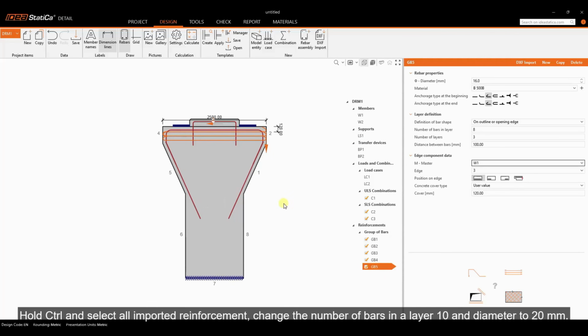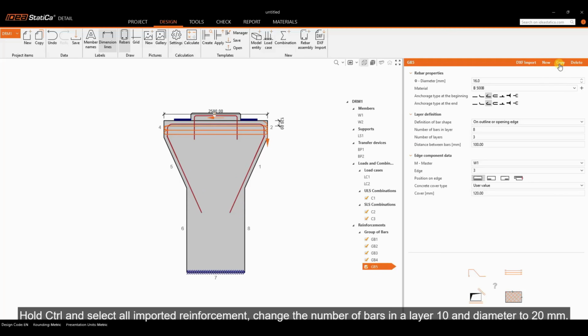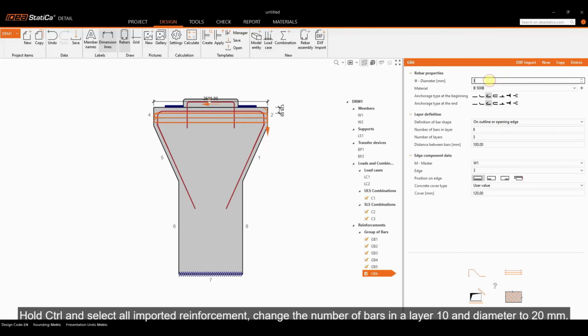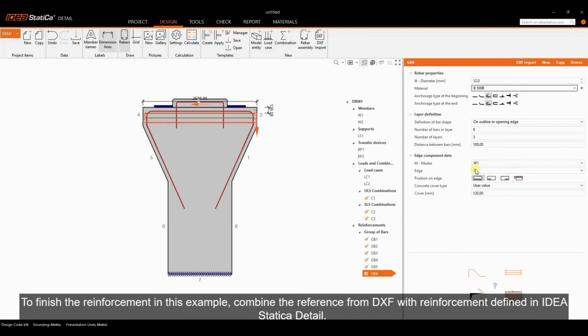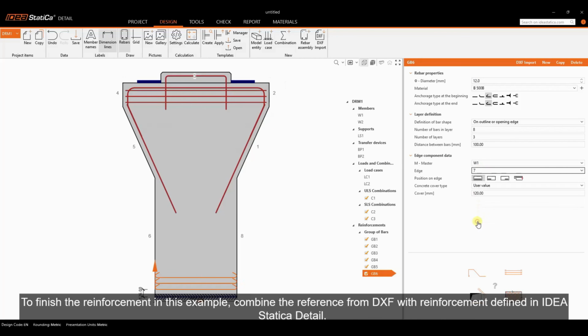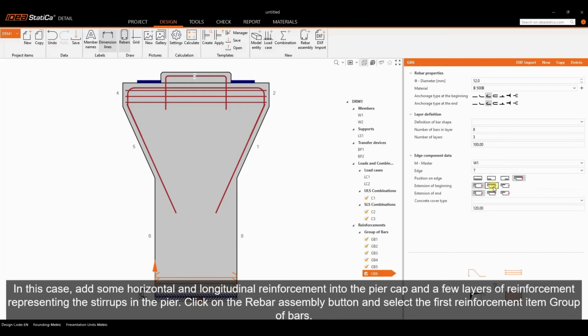Hold Ctrl and select all imported reinforcement, change the number of bars in a layer to 10 and diameter to 20 mm. To finish the reinforcement in this example, combine the reference from DXF with reinforcement defined in IDEA StatiCa Detail. In this case,